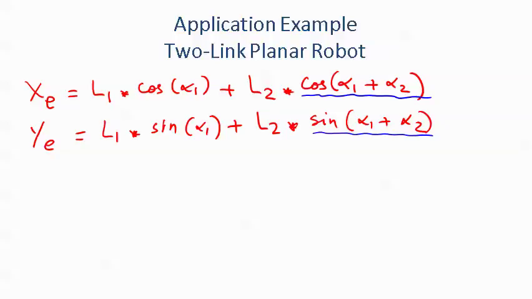So given this information, we are able to know where the tip of this two-link planar robot will be located, as the angle of rotation alpha 1 and the angle of rotation alpha 2 are known. Of course, in this analysis, L1 and L2 must be known. So this two-link planar robot analysis is applied for planar prosthesis, but also is applied to robots that are traditional industrial type robots, such as what we call SCARA robots,